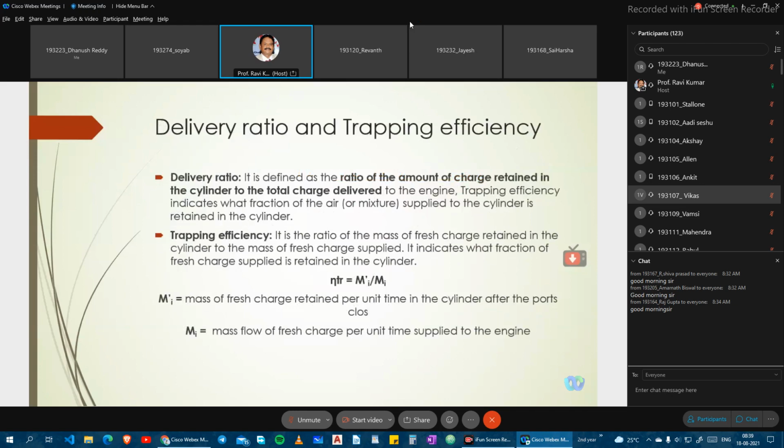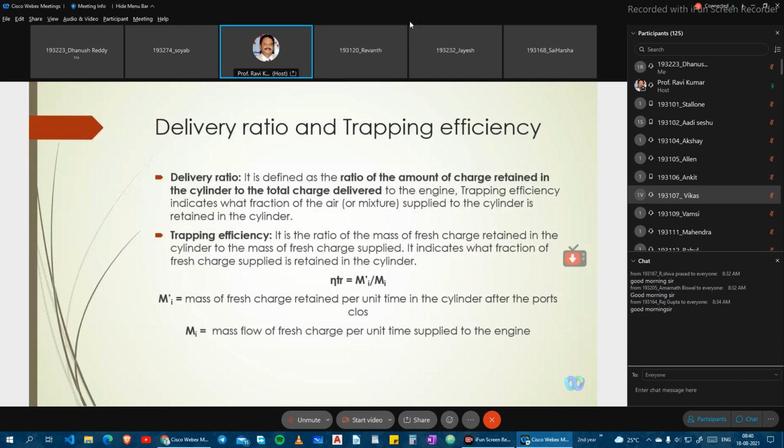And we have two terms: one is the delivery ratio and the other is trapping efficiency. What is delivery ratio? Delivery ratio is defined as the ratio of the amount of charge retained in the cylinder to the total charge delivered to the engine. And trapping efficiency indicates what fraction of the air or mixture supplied to the cylinder is retained